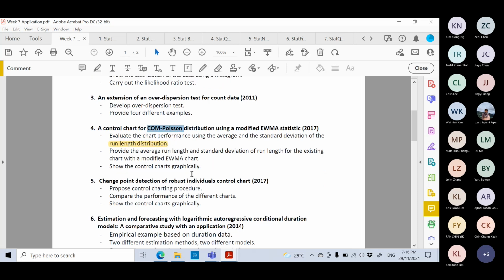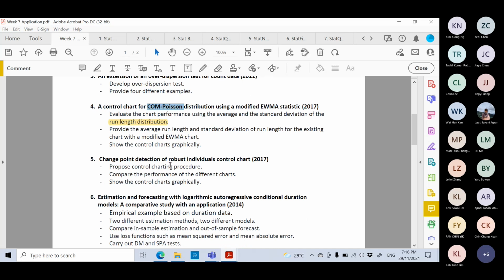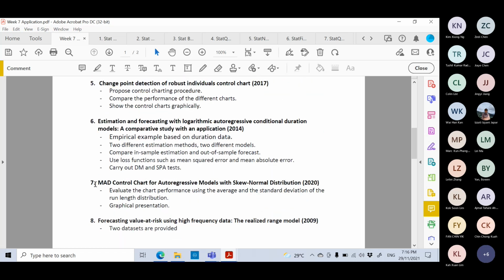Okay. So for the fifth paper here, the authors have discussed robust techniques. At the same time, they also use change point detection for the control chart. Then for this one, the paper number 7 just now, I also will show it to you that they